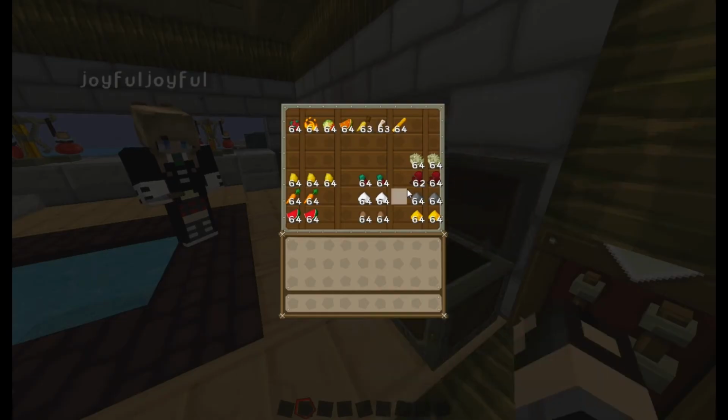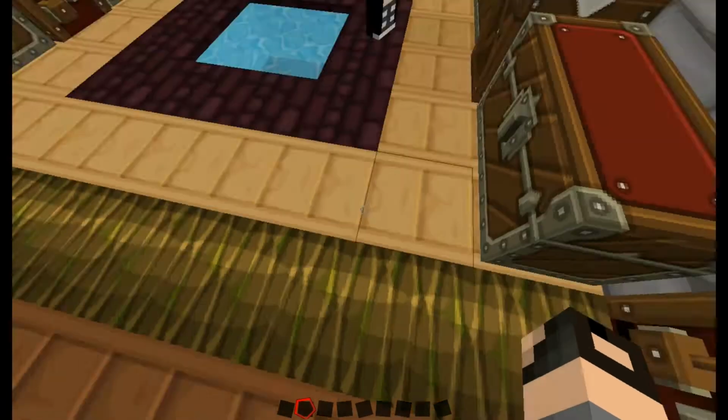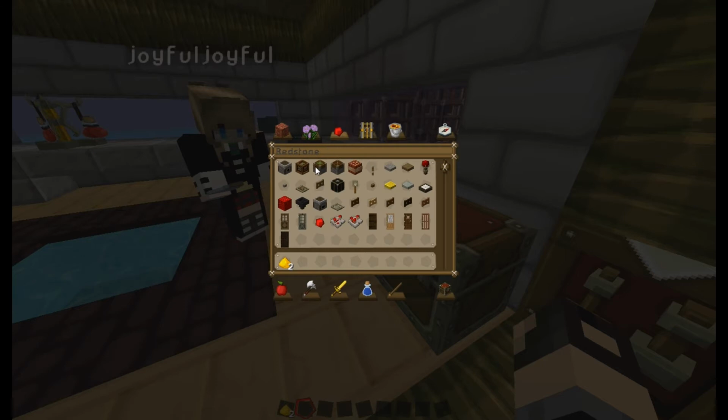And then you've got gunpowder. Gunpowder will make it a splash potion, so you can just right-click on the floor and it will explode and affect anyone around you. But it does make it slightly weaker. Although I haven't put any redstone in there,